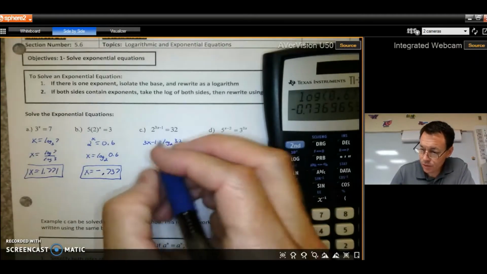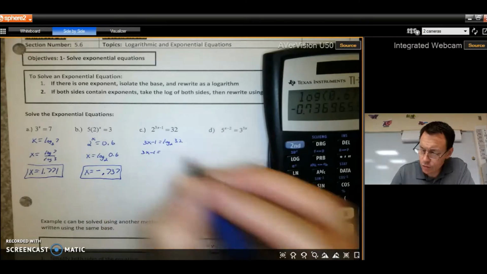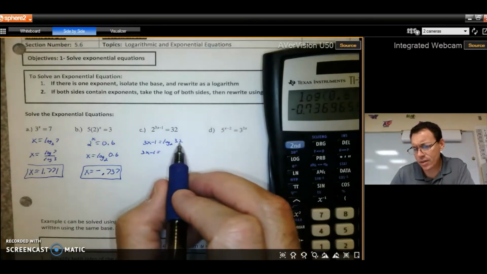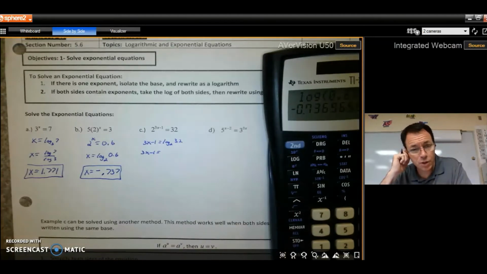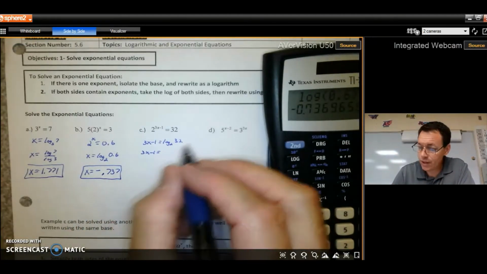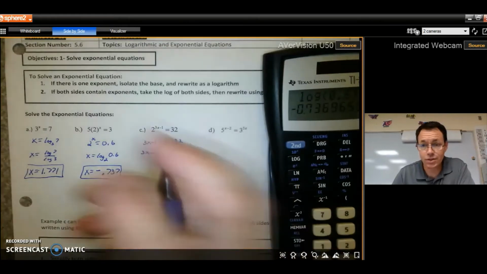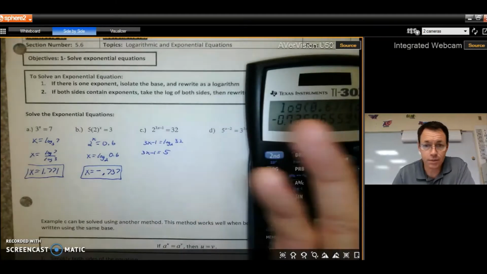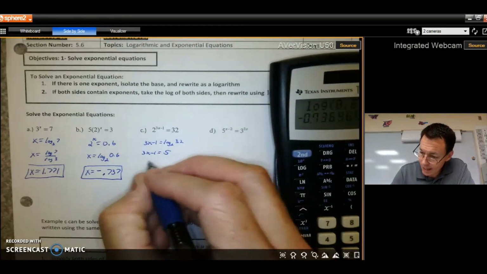Okay, so log base 2 of 32. Now, you could put that in your calculator. You may just recognize that 32 would be a power of 2. So, 2 cubed is 8. 2 to the 4th is 16. So 2 to the 5th would be 32. So log base 2 of 32 is 5. If you didn't just know that, and you plugged it in your calculator, it would tell you that the answer is 5. Okay, then we can add 1,